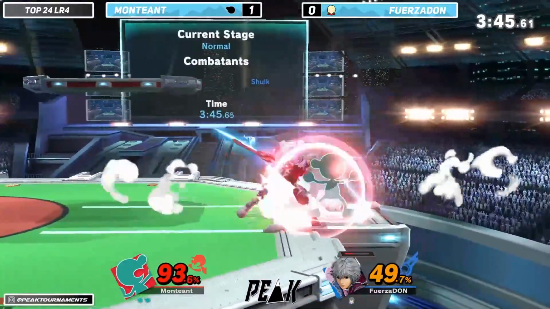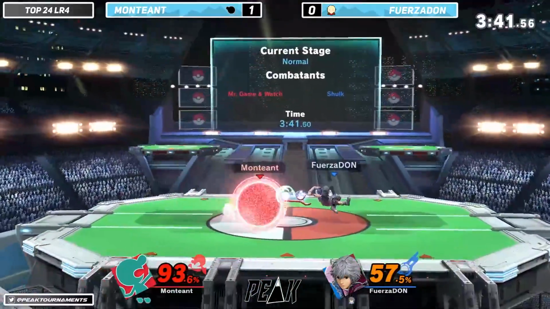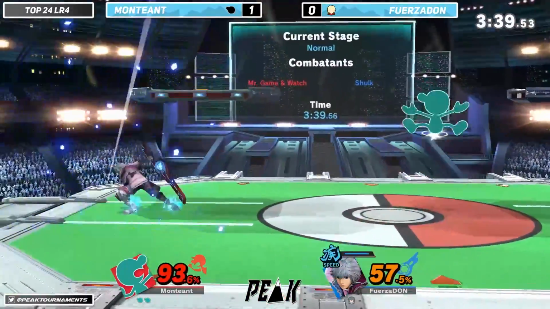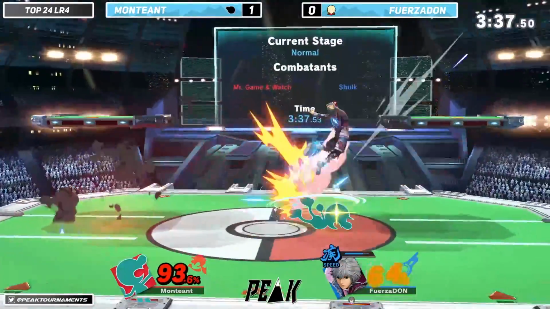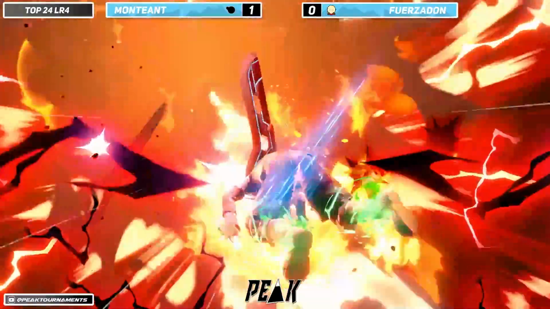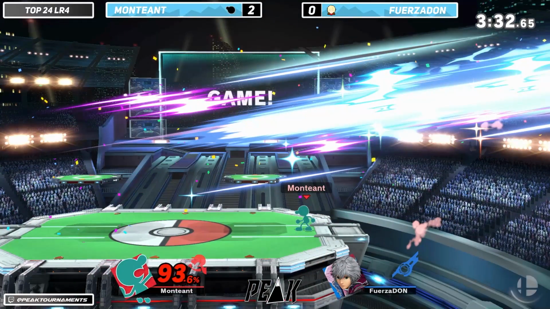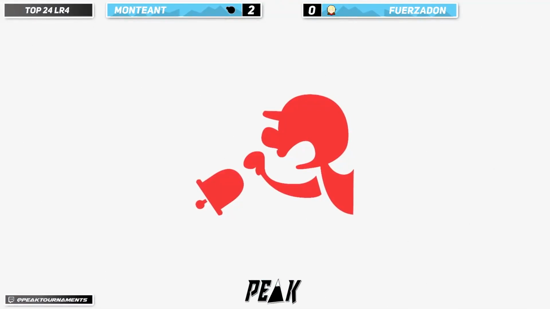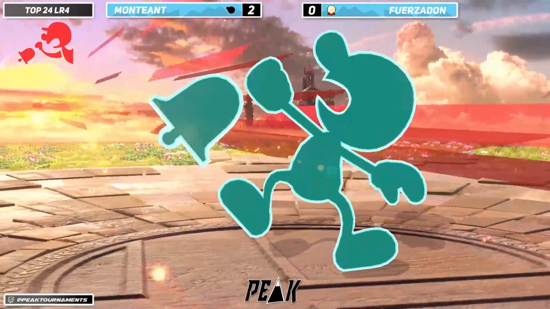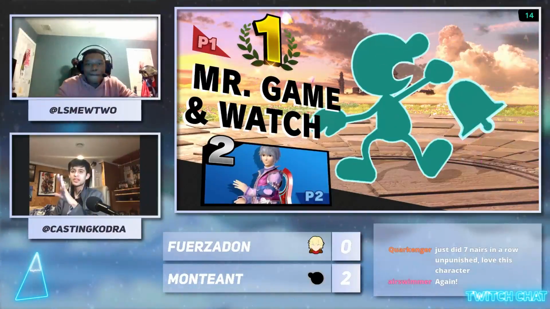But the smash art is out. Still very possible, but man, there it is again. Back air into dash attack. Excuse me, I had it on the reverse. Monteant continually being ready for it. On the floor there, and then another fair, just like the last game. Yeah, that was very good. But I think Monteant just, once he got the